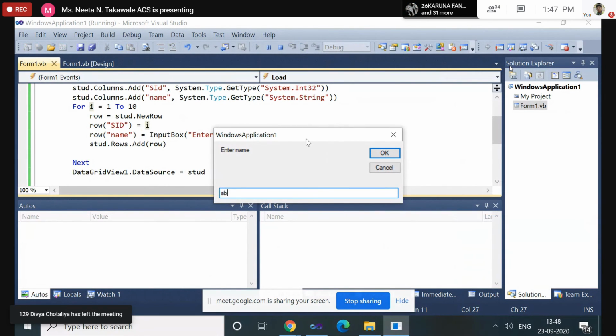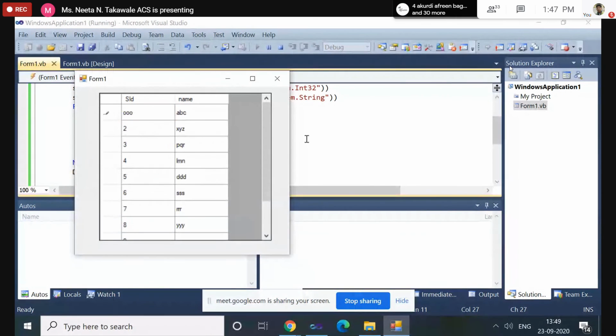So the name is ABC, XYZ. Using the input box, we can also take the input from the user, which roll number and which name you want to access.